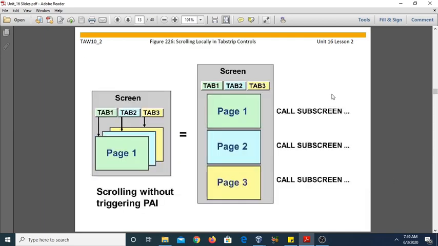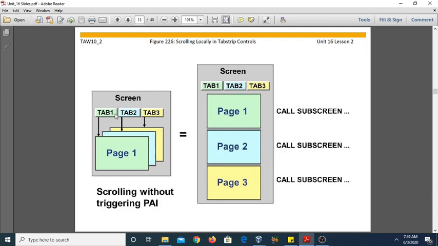So starting with the first topic, scrolling locally in the tab strip control. You can scroll between the pages locally at the front end. That means when you scroll with the mouse, the tab pages will scroll locally at the front end. If a different subscreen area is assigned to each page element in the tab strip control, it is essential to send all the subscreens to the front end.